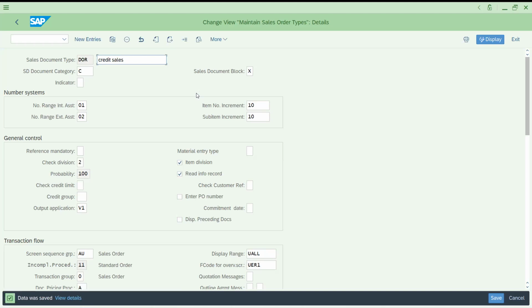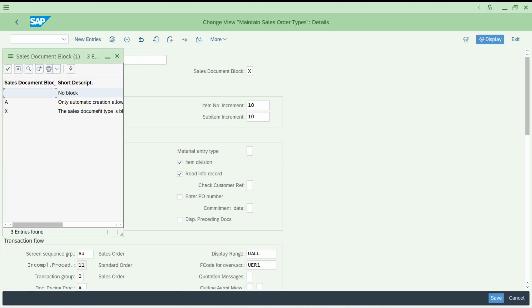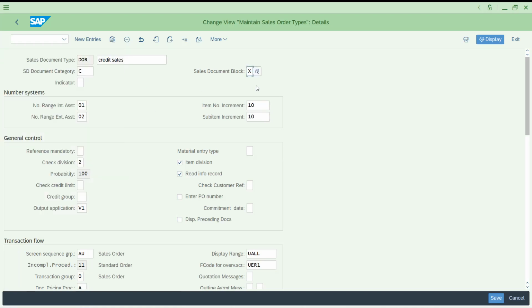So these three, we have three kinds of parameters available. One is for no block, and the second one is automatic creation. This is for rebate processing. We'll discuss later. We have other document types called B1 and B2 and all those. This is X. So the sales document type is block. So when I block this one,